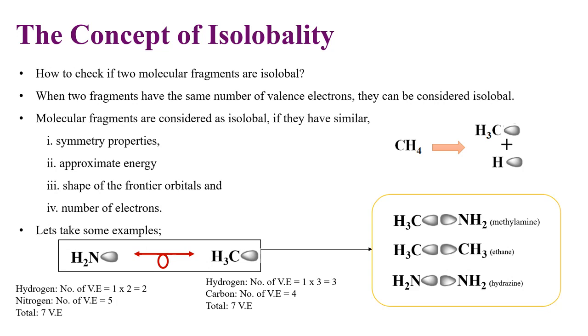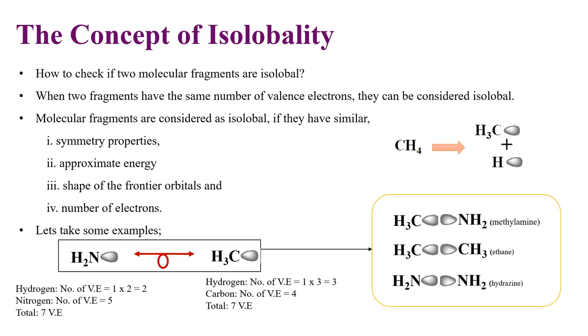If you look at these two molecular fragments, obtained by removal of hydrogen from ammonia and hydrogen from methane, remember, when you remove one atom from a molecule, you end up getting one empty orbital with an electron in it, a partially filled orbital, which we consider to be a frontier molecular orbital. So these two fragments have one frontier molecular orbital each with one electron, and the number of valence electrons is equal, 7. Because they have similar shape of frontier molecular orbitals, similar energy, and similar symmetry property,